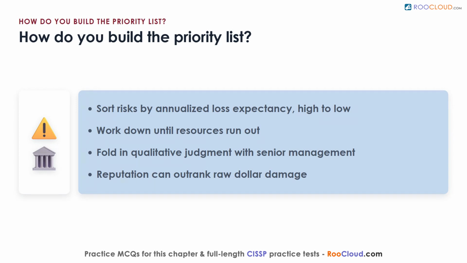Then you fold in the qualitative concerns, an exercise that is more art than science. Sitting with senior management, you may raise or lower a risk's rank based on judgment the numbers miss. A fire suppression company, for instance, might elevate fire above an earthquake that would cause more physical damage because being destroyed by the very thing you sell against would shatter its reputation beyond recovery. Think of it like packing one lifeboat. The manifest gives you a starting order, but human judgment decides who truly boards first.